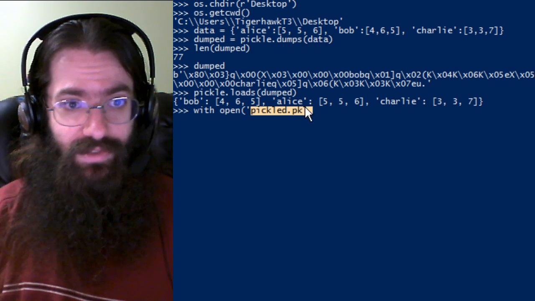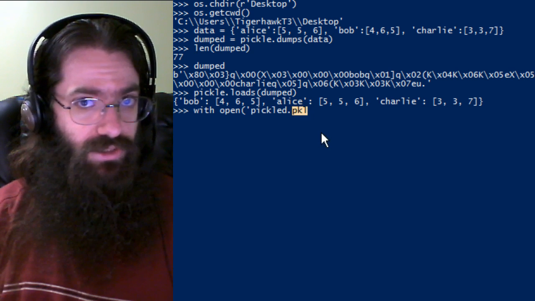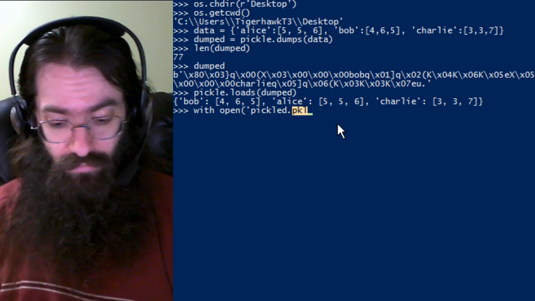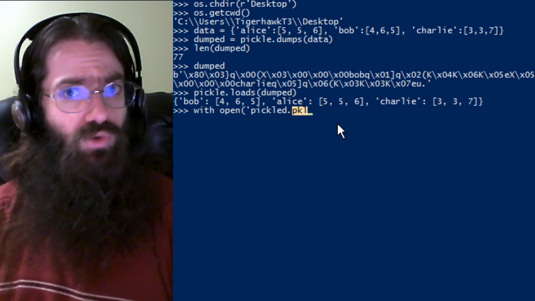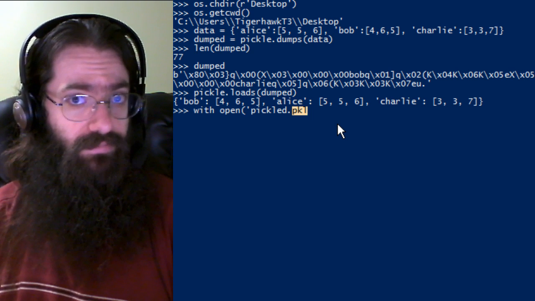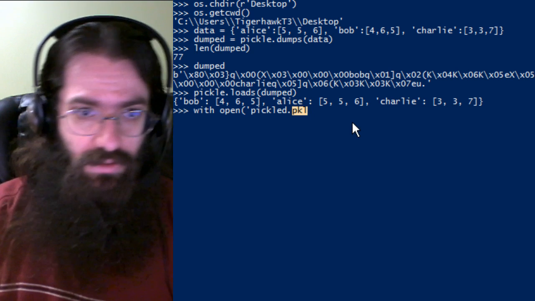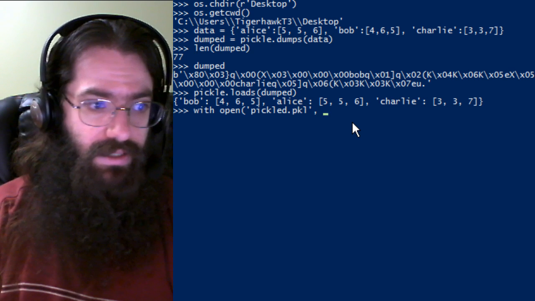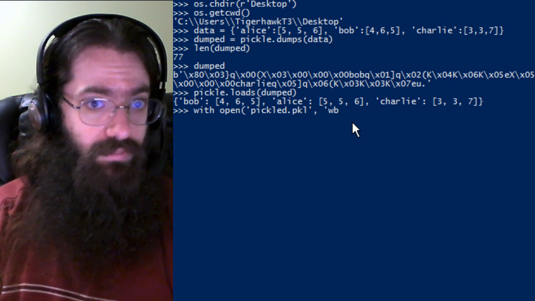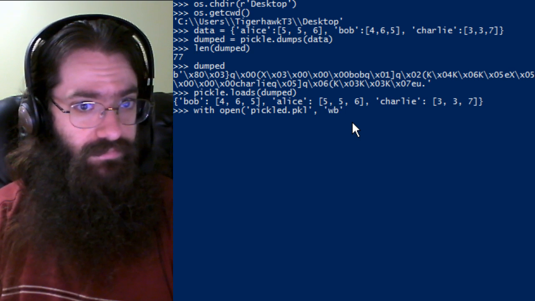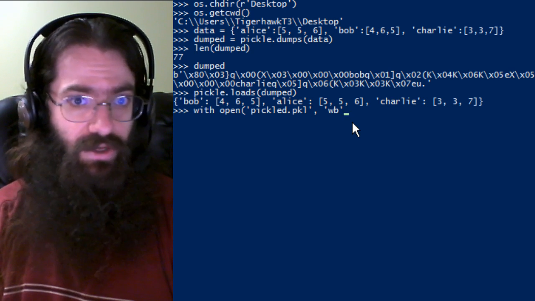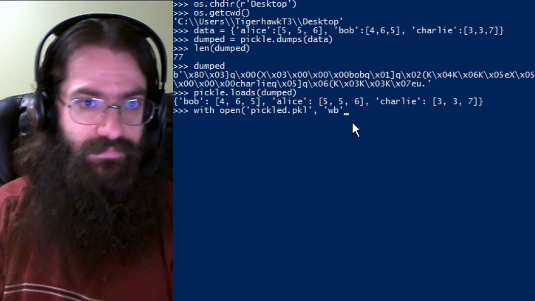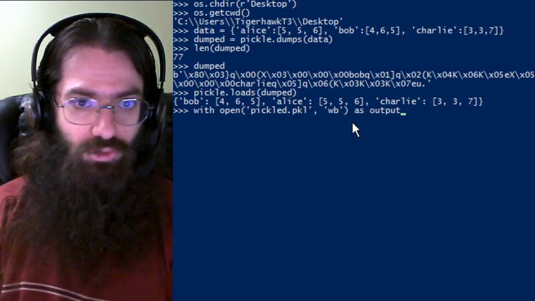The base name doesn't matter, and the extension is only there to tell your computer what program should probably be used to interact with that. So, pickle.pkl, and I need write bytes. If I had a regular text file that I wanted to write, it would just be W for write mode. I need to write bytes specifically. As output,